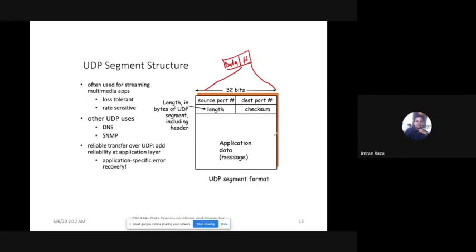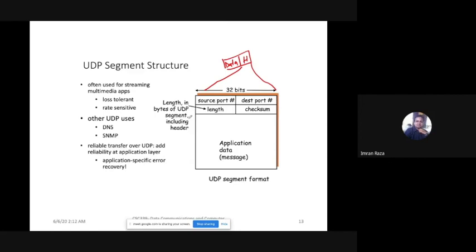Here I have two questions for you to be discussed in our online session. What do you think? Why do we need to have these port numbers, these process IDs? Because the operating system is already generating IDs for the processes that are running in a machine. So what do you think? Why do we need to have